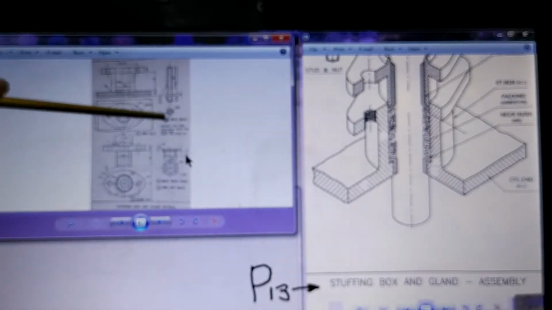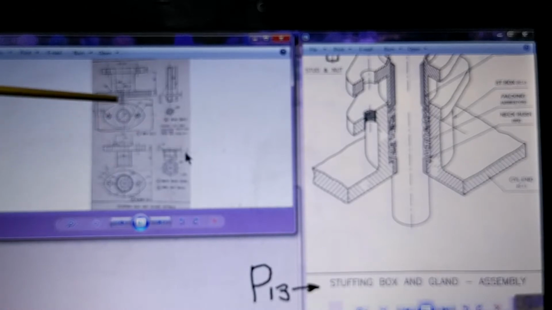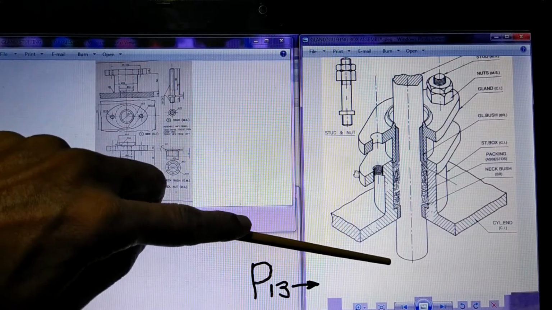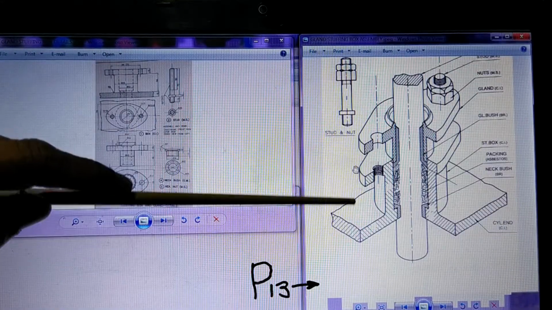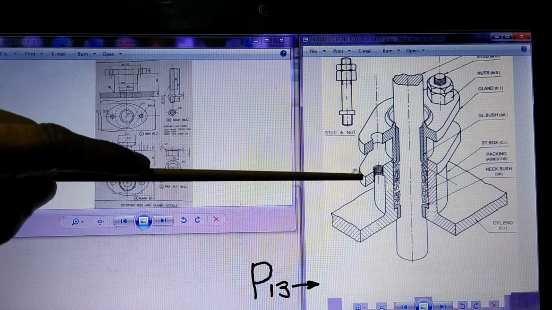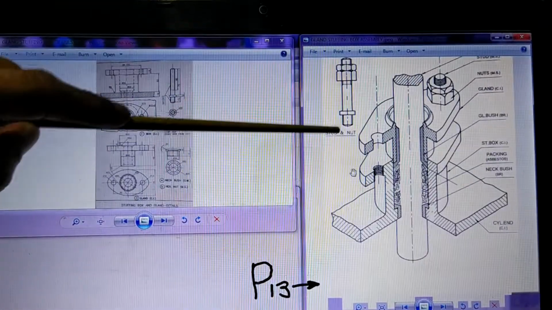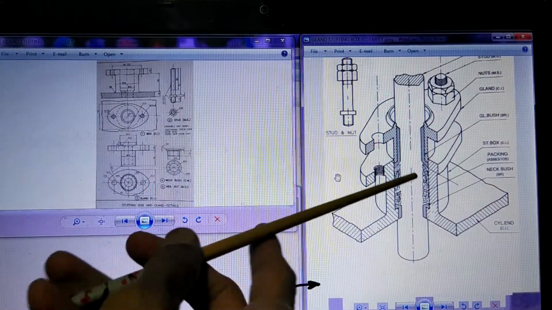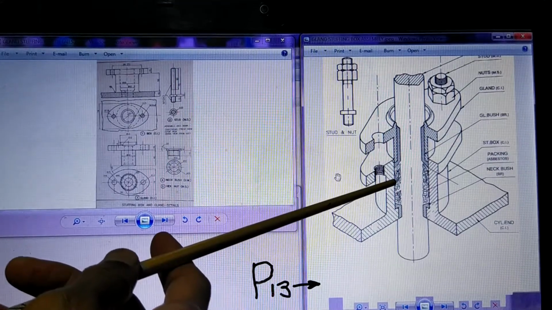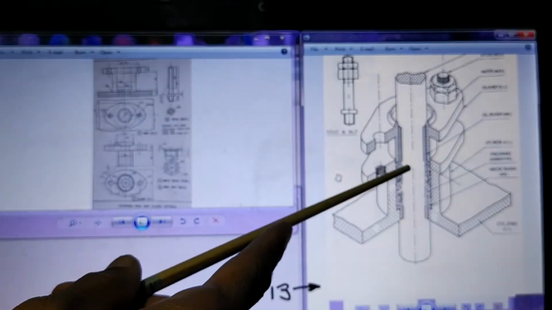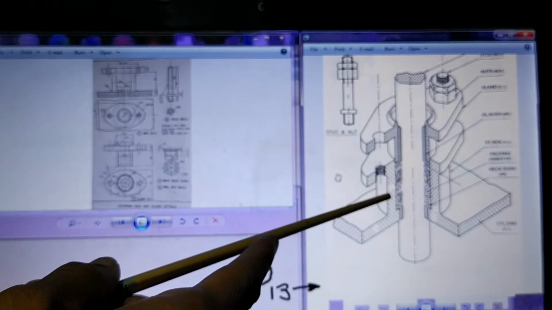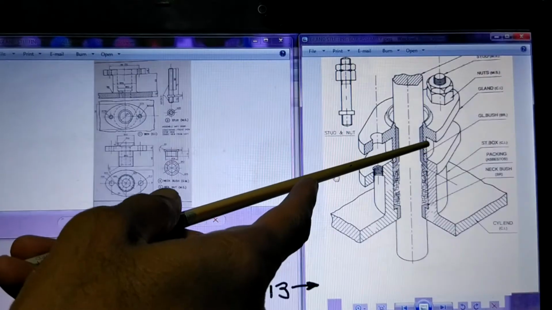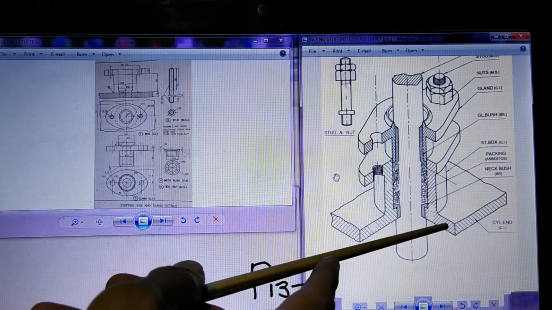It consists of several parts, and then we are going to assemble them to form the assembly which is shown here like this. Now, when we draw this as an assembly sectional view, right now the assembly figure in front of us, which we are going to use for the purpose of understanding, is drawn as a cut isometric drawing. But we are using this for understanding, and when we actually solve this problem, that time we are going to draw this as a sectional drawing. So you can think of this part which is shown as a sectional drawing. This is how it is going to come when you draw.